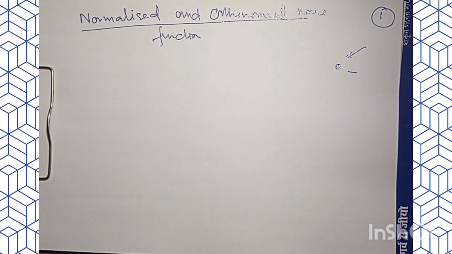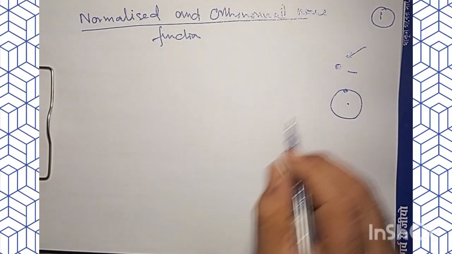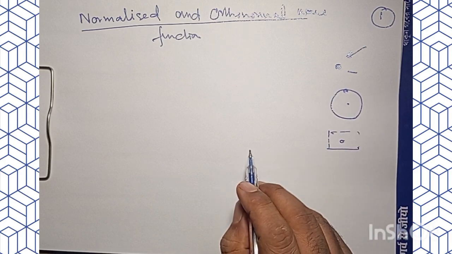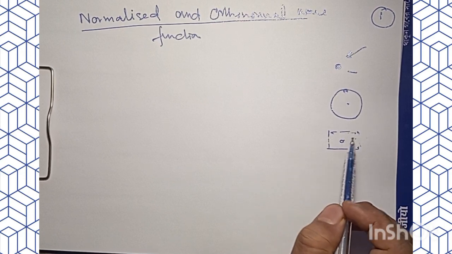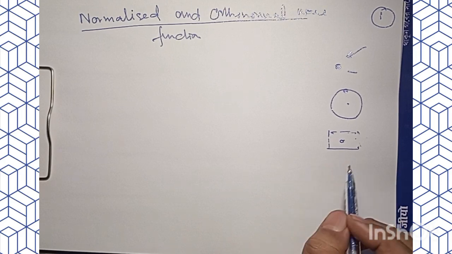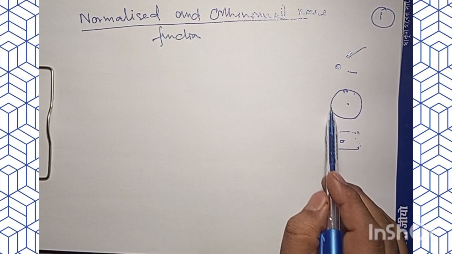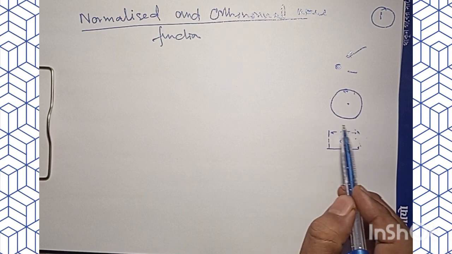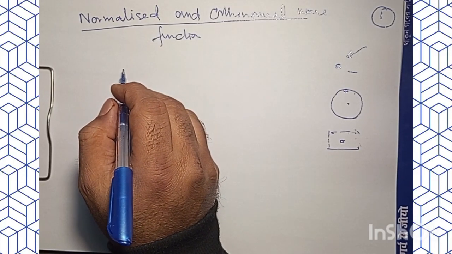Examples of this kind are the electron in an atom, and the particle in a box. We have a particle in a box with impenetrable walls. This particle cannot leave the walls of this box. Now, in such cases, the probability of finding the particle in the entire space we have can be written down as